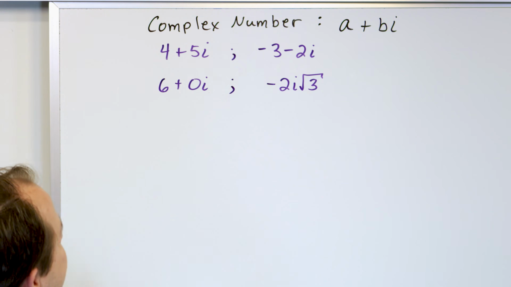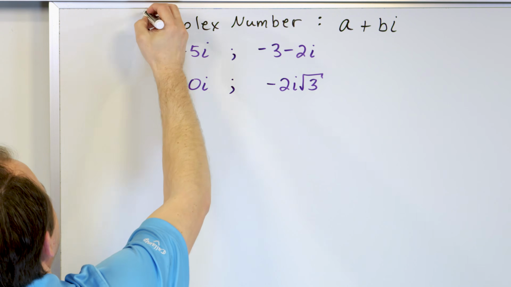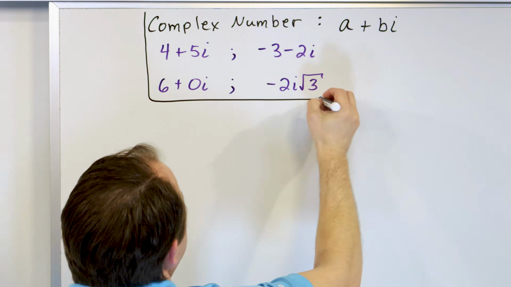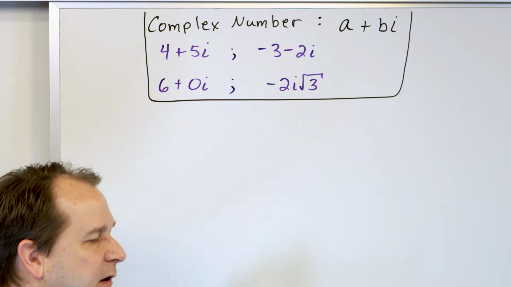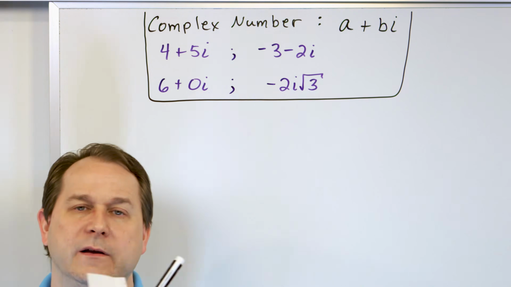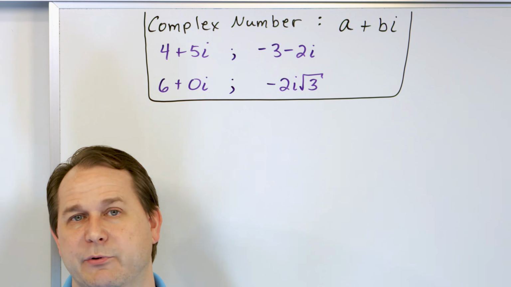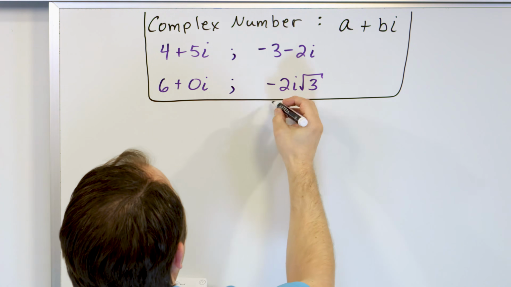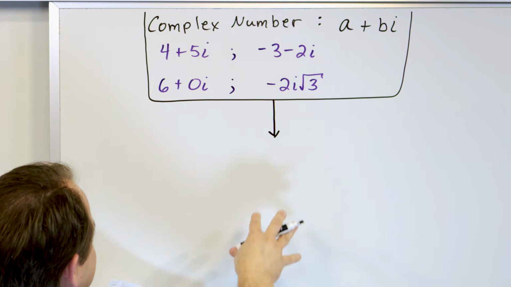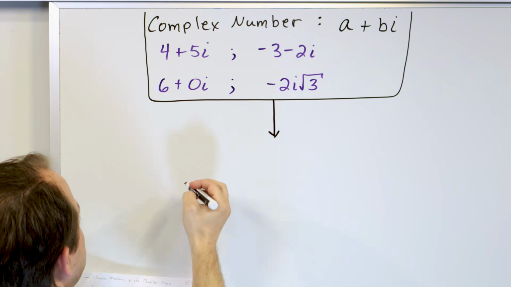Sorry about that. So the complex number is the most general thing, all right? And that's why it sits at the top of the food chain. So I'm going to draw a little box around this. So underneath the idea of a complex number is what we talked about. We have the real numbers and we have the imaginary numbers. They are what live as children under the granddaddy, which is the complex number. That encompasses everything. So under here, let me draw a little arrow down because it lives kind of underneath here. Underneath complex number, and on the other board we'll do the other side, we have what we call